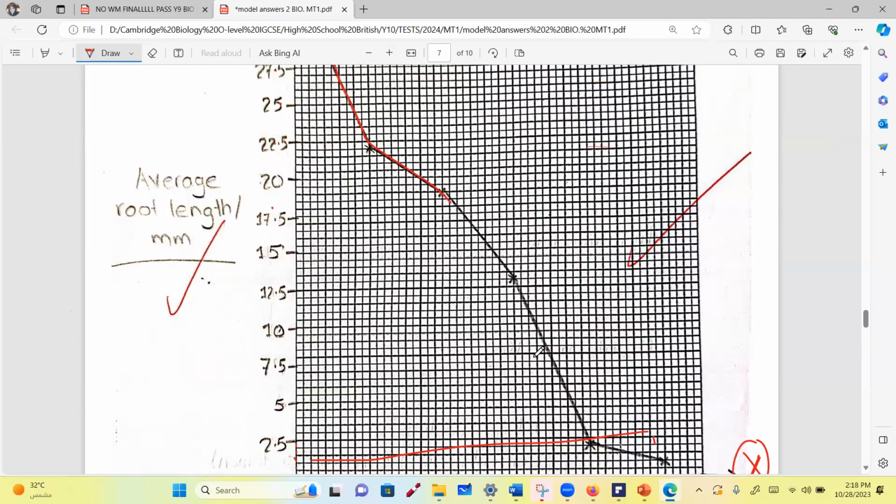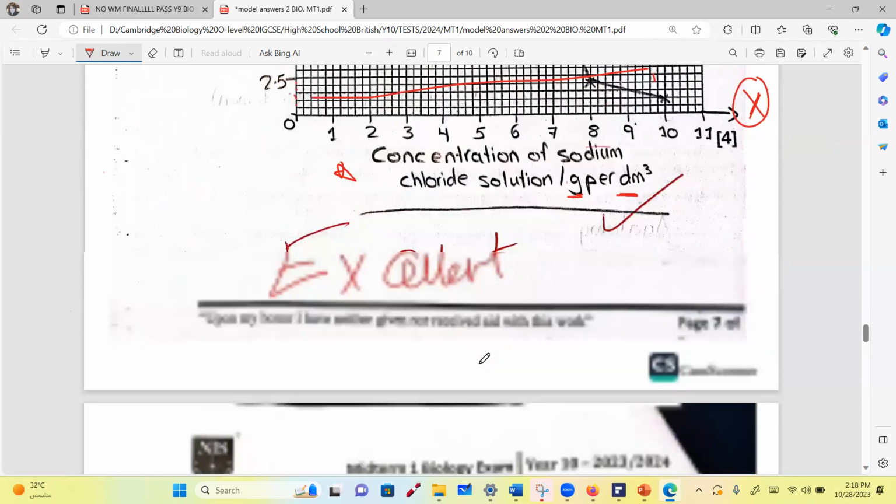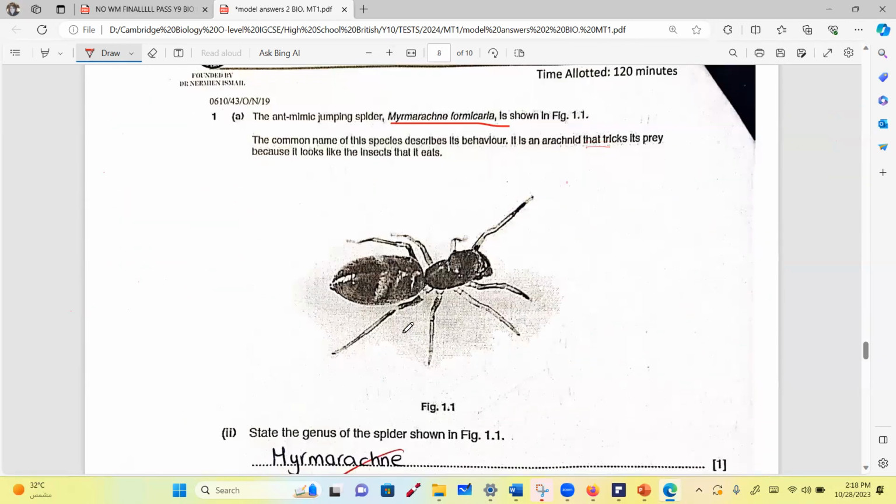I keep on telling you, use a ruler, use a ruler. You don't listen. I don't do that to give you a hard time. I do that because I know what the mark scheme wants, and we don't want to upset them. We want the full mark. We don't want to lose any grade. Okay? The British people are very strict. They pay attention to details.